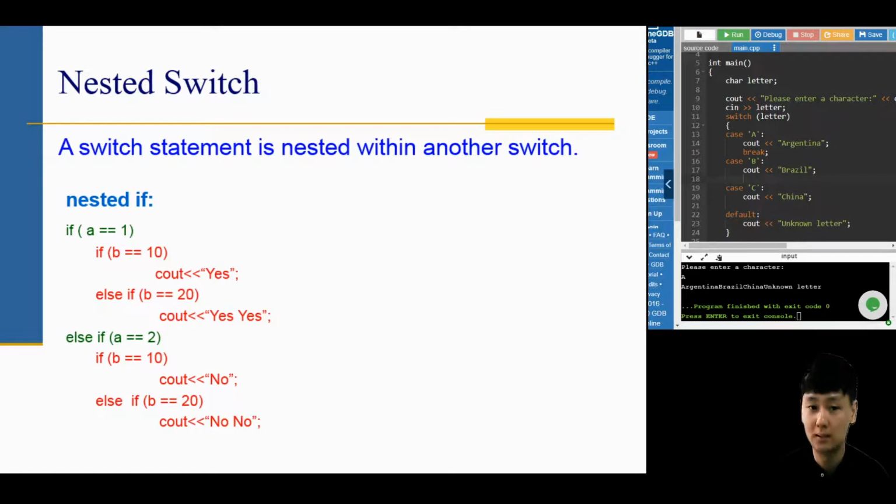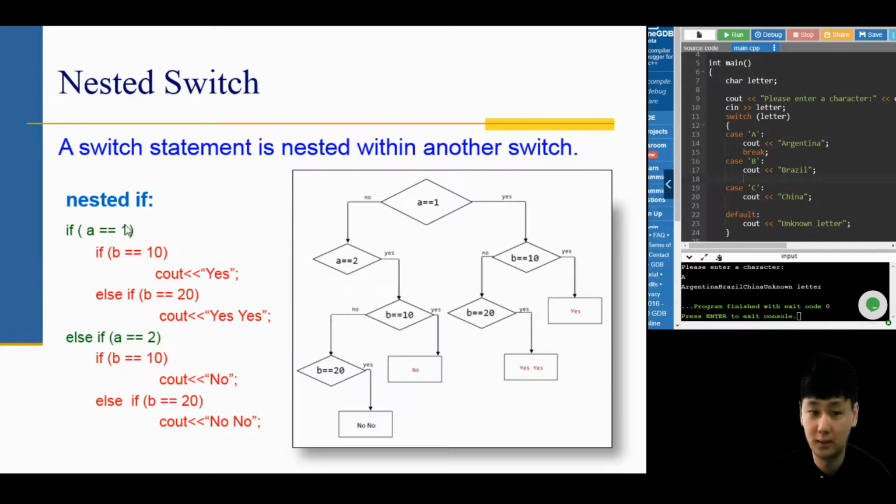Whenever I see these complicated codings, remember, convert them into the flowchart first. Are you ready? Convert to the flowchart: if a equal to 1, then you have another question. If b equal to 10, if yes, print yes. If no, then you have another question. Is it b equal to 20? If yes, print yes, yes. Okay, now come back to the no, else